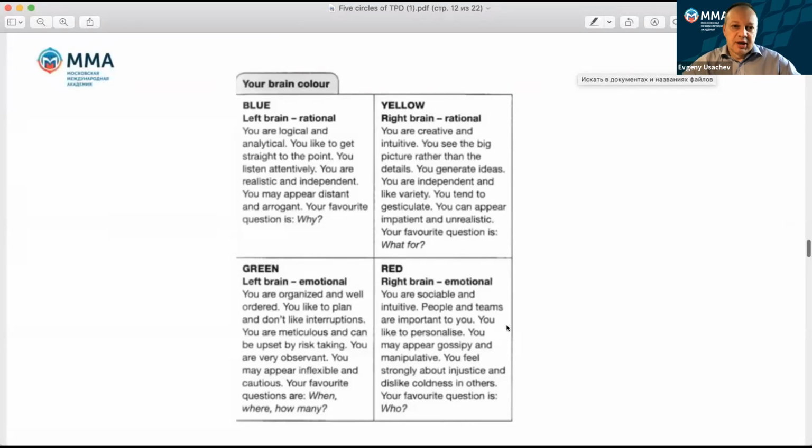For instance, if you're supposed to have a blue brain color, which is rational, you're logical and analytical, you like to get straight to the point, you listen attentively, and you are at the same time quite realistic, independent, and you may appear distant and arrogant to some people. And your favorite question is why? And you see on the other areas there are descriptions of other types of brains or colors. And you need to find the balance.